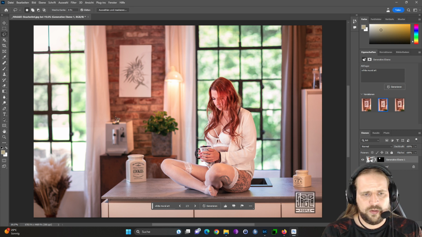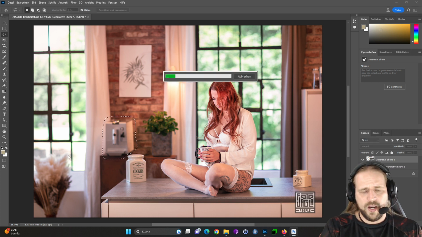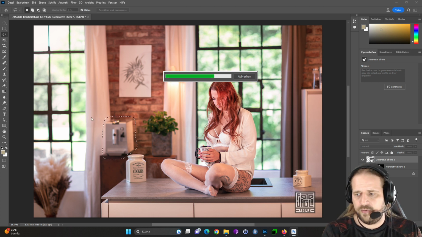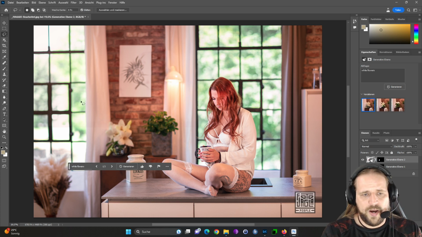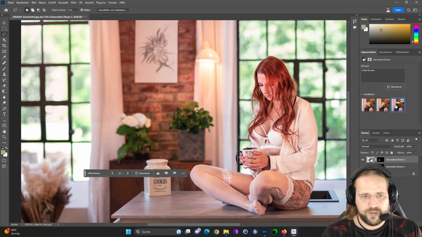do something more. Let's select here the ugly coffee machine in the background, and let's say we want to replace it with some white flowers here. I think this one is quite more complex for the AI because we have 3 different backgrounds here. We have a stone wall, we have a rusty table, we have a white curtain. But look at this. Look at this. So again, we have here